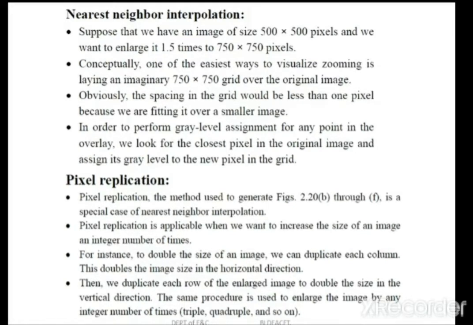Okay, you got the grid, but now you have new samples or new pixels for which you need to assign some gray level values. To do so, in case of nearest neighbor interpolation, we are going to estimate intensity for these newly created pixels by using the surrounding pixels.